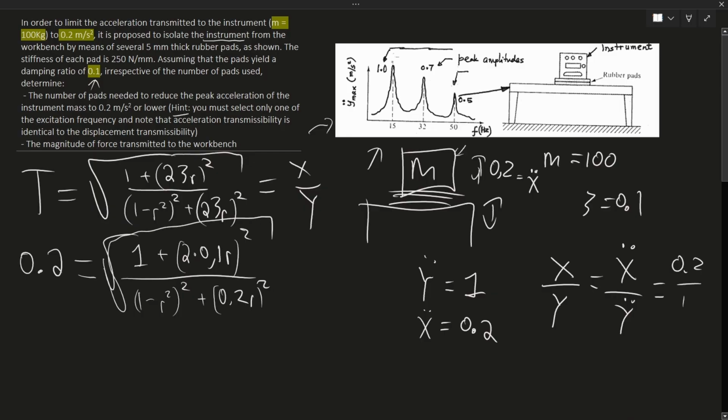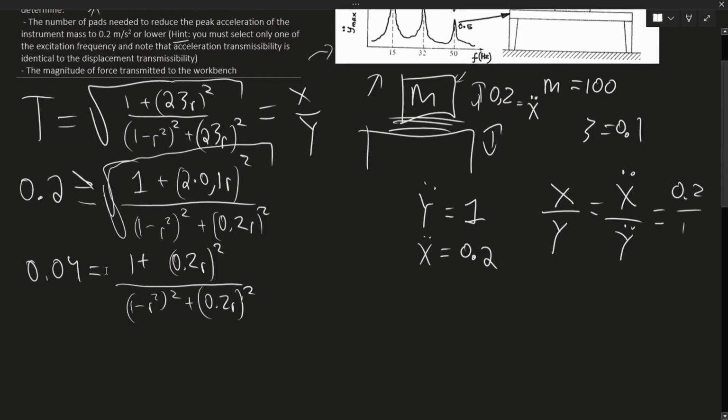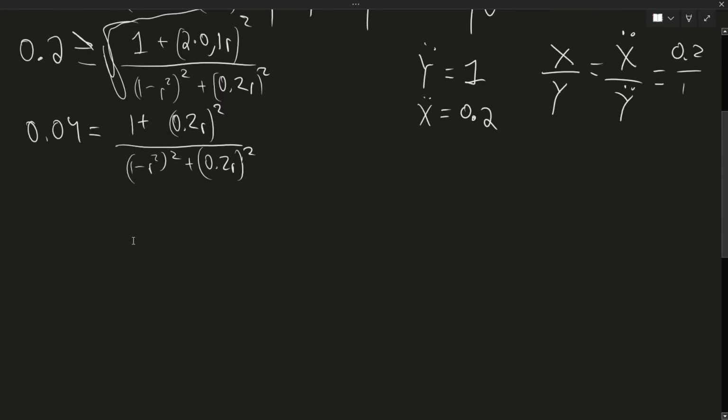And now this is just an algebra problem. We have to find r. I'm just going to do it really quick. But basically, it's saying that this value should not exceed 0.2. All right. So we're going to square both sides, 0.04. I'm going to multiply both sides with this. So that's going to give us